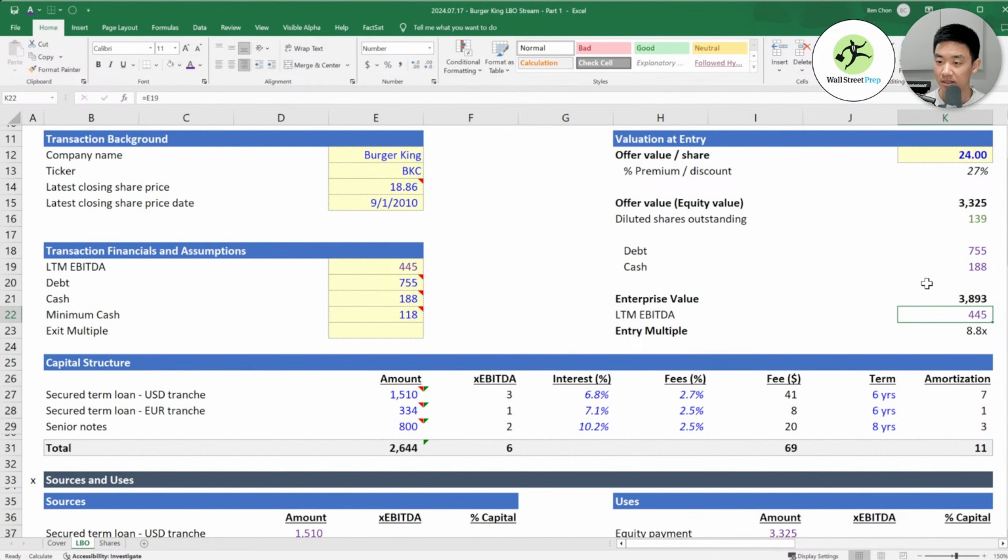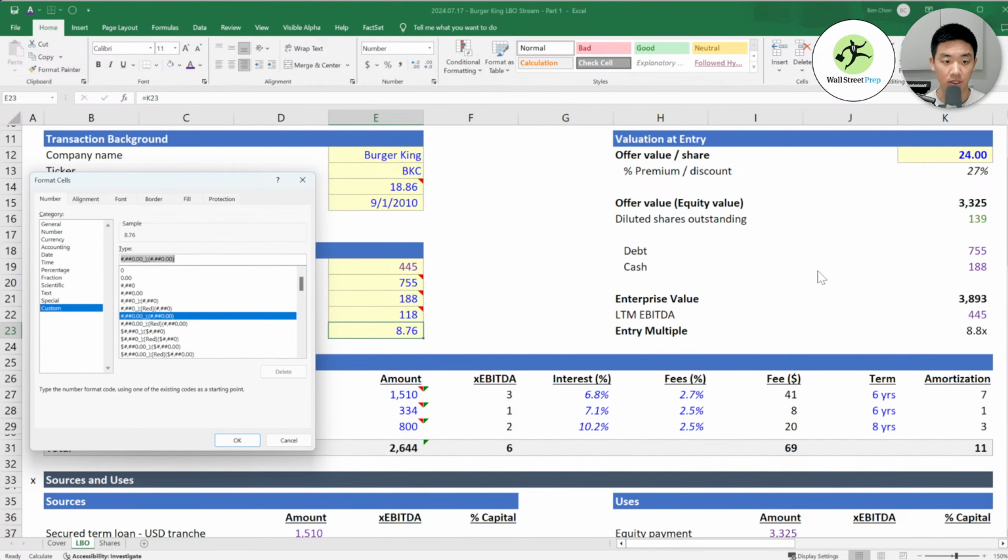Yeah, you see here this extra little spacing. I like having everything just the same. Okay, so 8.8x, it's pretty interesting to see. This is the multiple the company entered the transaction at. And then we can assume that the company is going to exit at the same multiple.